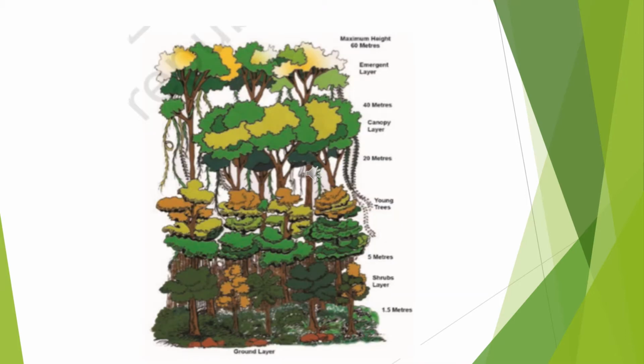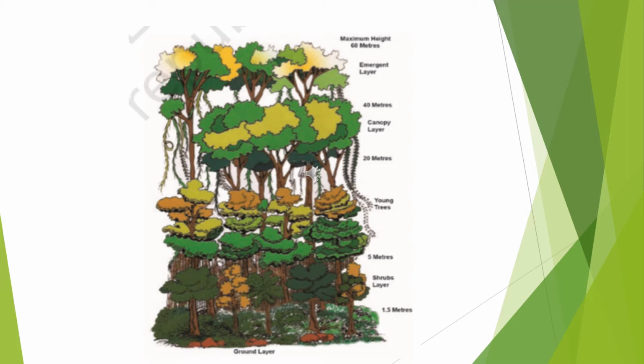Here is a picture which is showing us exactly how the tropical evergreen forest looks. See, the maximum height of the trees is 60 meters. That is also known as the emergent layer. What is the emergent layer? The tallest trees are the emergents, towering as much as 200 feet above the forest floor with trunks that measure up to 16 feet around. Most of these trees are broad-leaved hardwood evergreens, and sunlight is plentiful up here.